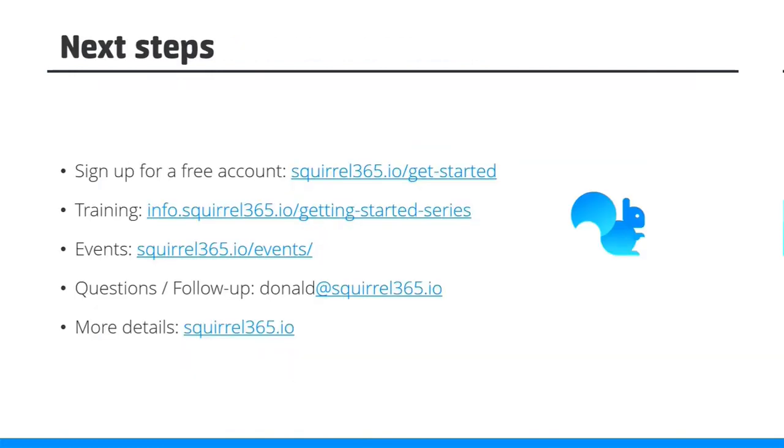So what to do next? Sign up for a free account. The title here was Build an ROI Calculator. We've done that in 30 minutes. Well, we're at 30 minutes. We've done that, but for free. So you can sign up for a free account. The Squirrel free product allows you to do a project just like this, totally free of charge. So if you wanted to create one of these and add it to your website, all that would be possible with our free product. So sign up for an account at